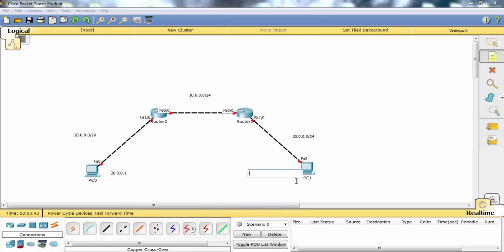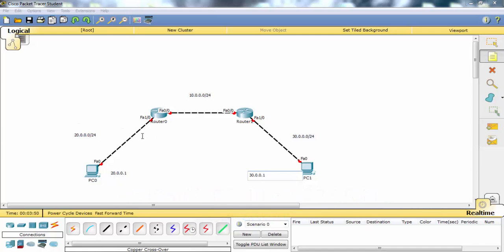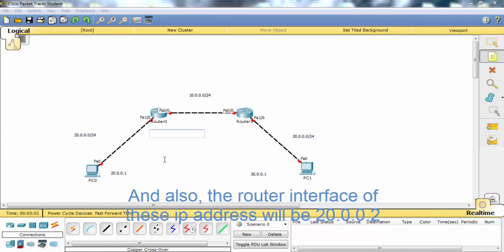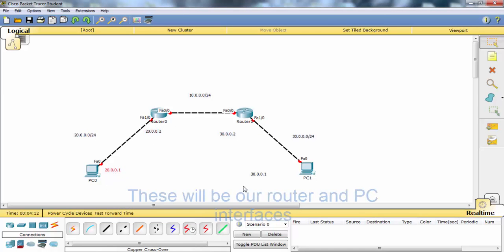this one, and for this PC, I will use this IP address, and also the router interface IP address will be 20.0.0.12, and for the other will be 30.0.0.2. Yes, this will be our router and PC